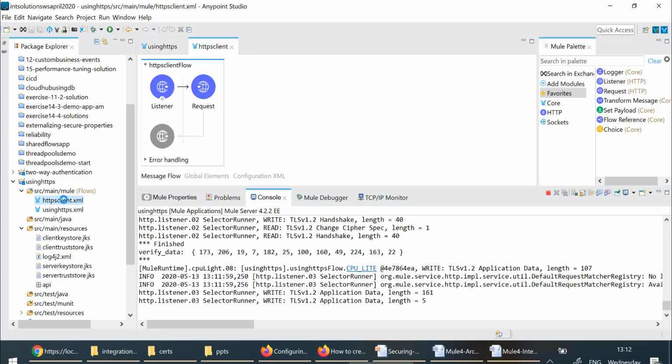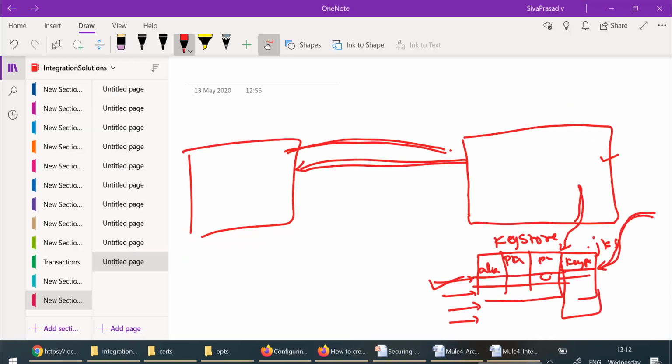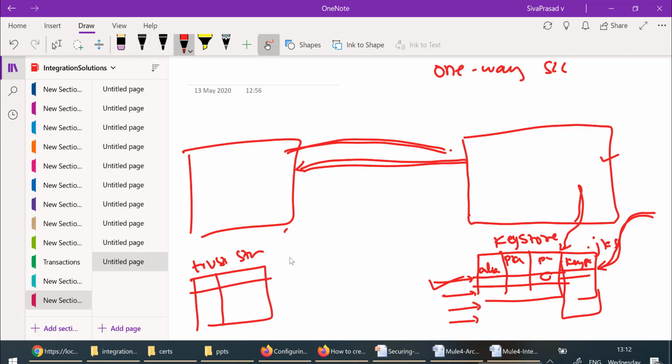Only for demonstration I am showing it. So on client side, what do I need in this case? I need to configure a trust store. I am configuring one-way SSL right now. Only client will validate the server certificate. So client should have a trust store configured, and in this trust store the public key of server should be